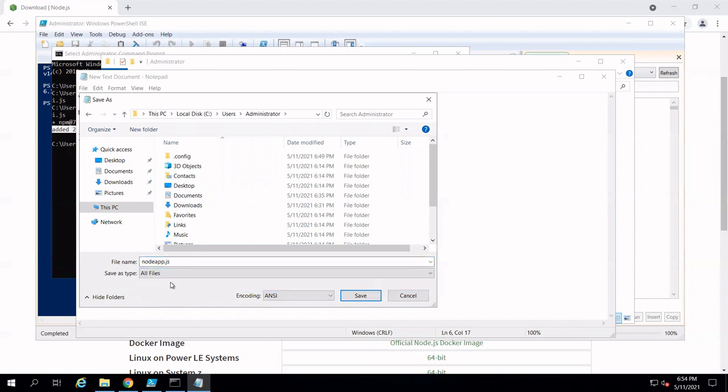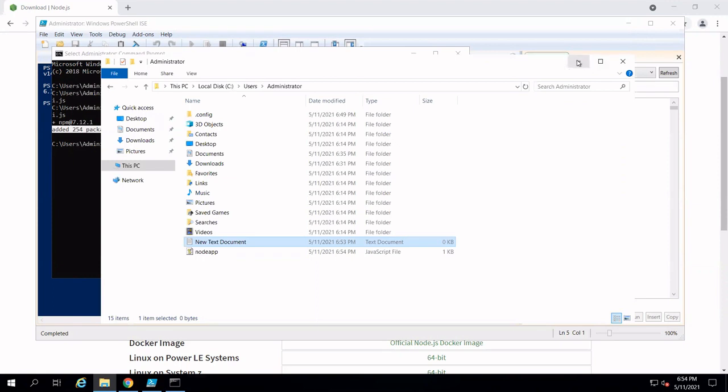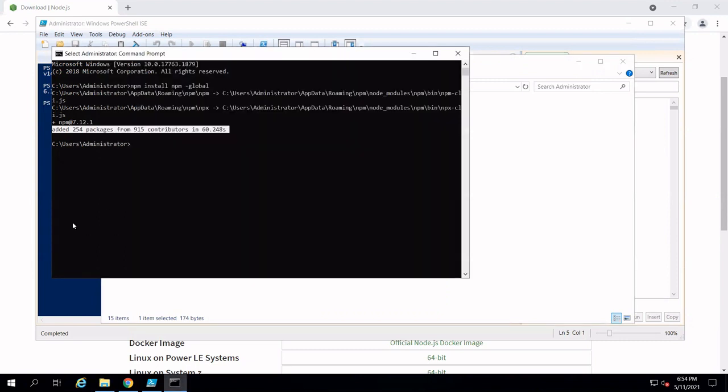And here the file type, you have to select as all files. Don't keep it as text file. You have to select all files. Okay, now in this way I have written my application. Now you can see the icon of my file has changed. That is nodeapp, you can see it is a JavaScript file.